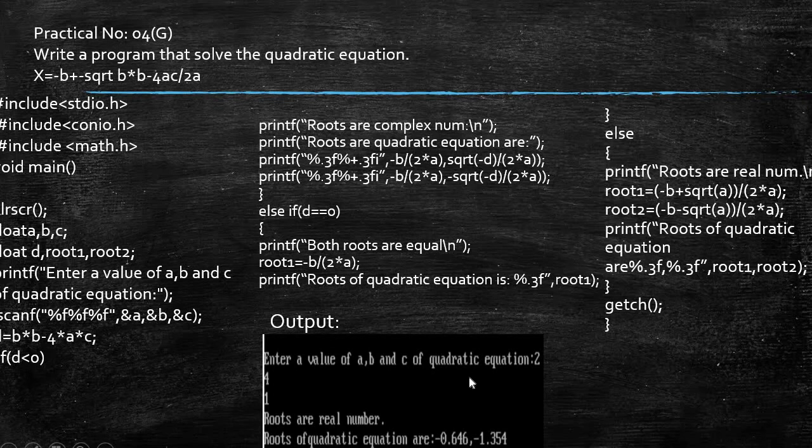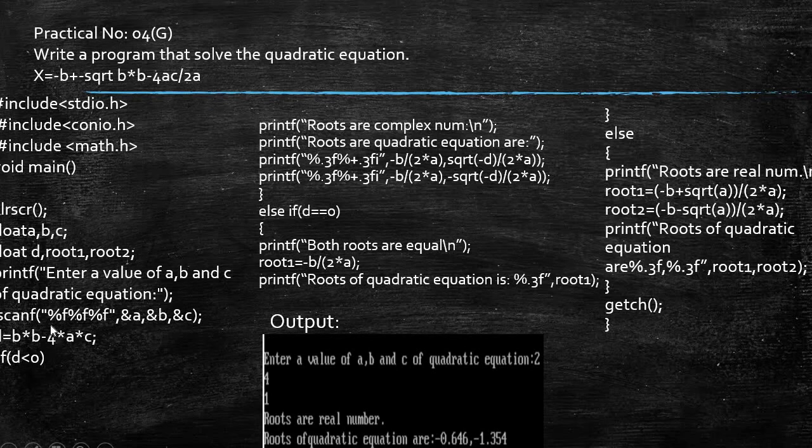Now students, over here we have to use the equations. It means we need to enter 3 different variables. You can see a, b and c. These are my 3 variables, and through these variables the user is entering the numbers. Now with the help of this process, the compiler will check whether the roots are real or not, and it will find the roots of the quadratic equation by using this formula.